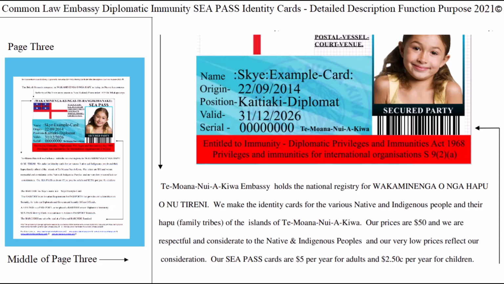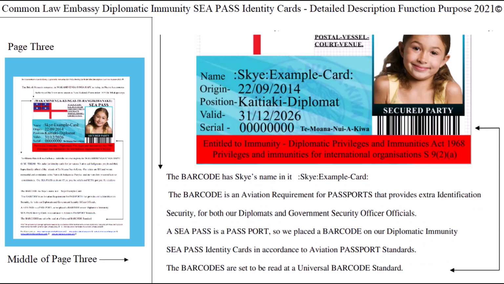Because they are so cheap, I think that's why they're so popular. Barcodes. Okay, so the barcode has Sky's name in it. So you'll see the colons in front of the word Sky. And then we put another colon there, and then example, and then dash, and then colon, and then